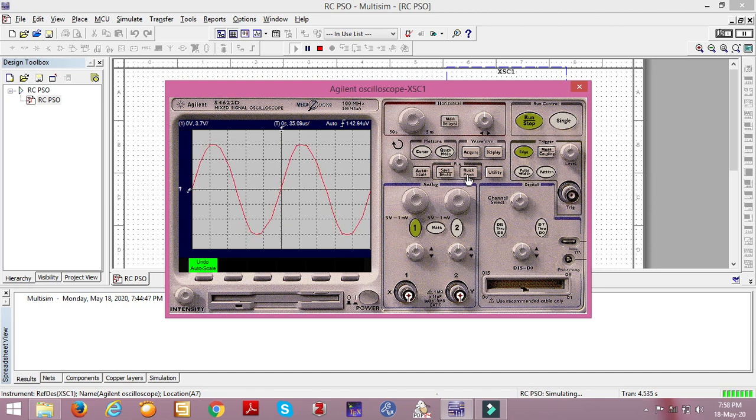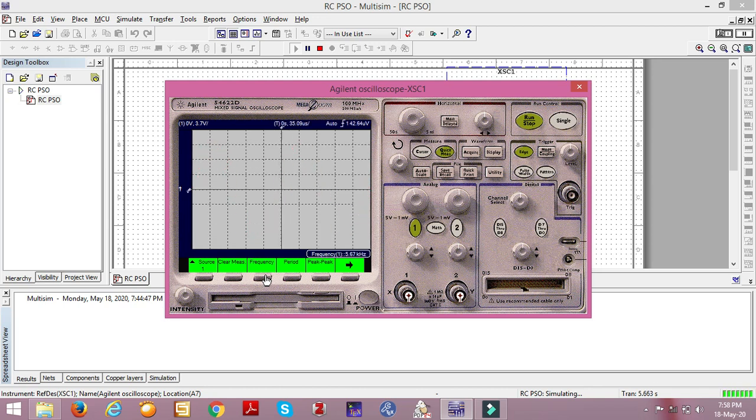Okay, and you can also print the waveform if the particular software supports this option only if it is licensed. Okay, like that you can use a number of options for quick measurement. So I will be using quick measure here. As expected, my frequency should be approximately 6 kilohertz.